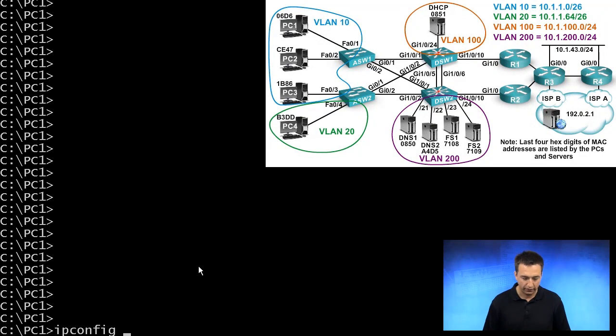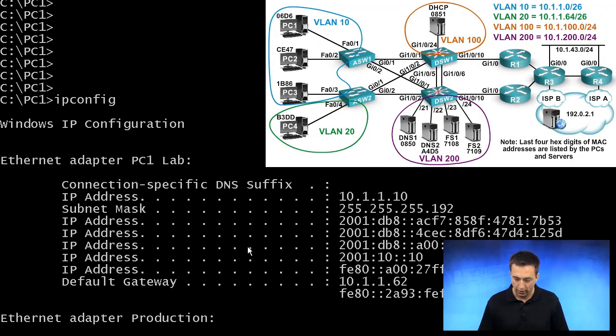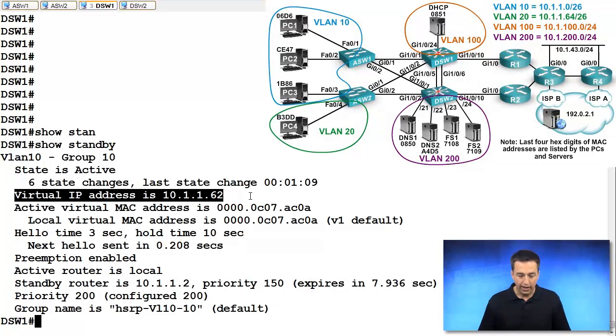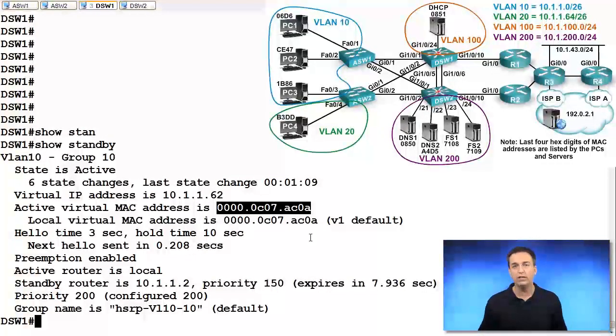So we'll type in ipconfig, and when we scroll through our output and find it, it says right here, default gateway is 10.1.1.62. So the client's configured correctly with the virtual router IP address. And there's the MAC address of the virtual router's IP address. We will examine this on the PC once we generate some traffic from PC1, and we'll see that PC1 truly learns this exact MAC address. So that will be the MAC address that's put in the frames that PC1 has to send to the default